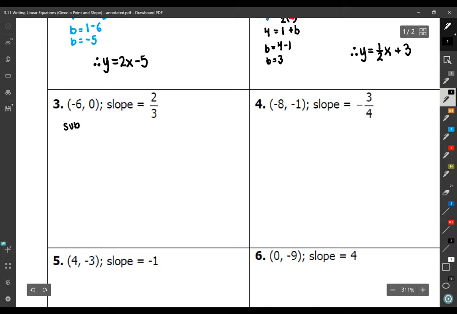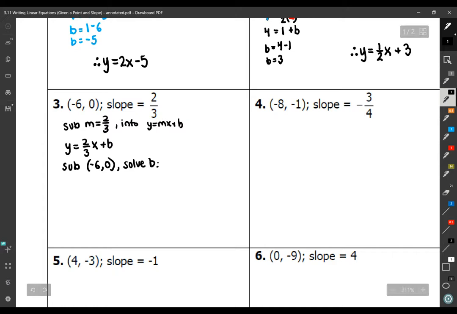So again, we're going to start by subbing in. I'm writing sub instead of substitute. Sub m is equal to 2 over 3 into the equation, into y equals mx plus b. So we get y is equal to 2 over 3 times x plus b. Now, step 2. We're going to sub in our point, negative 6, 0, and we're going to solve for b,